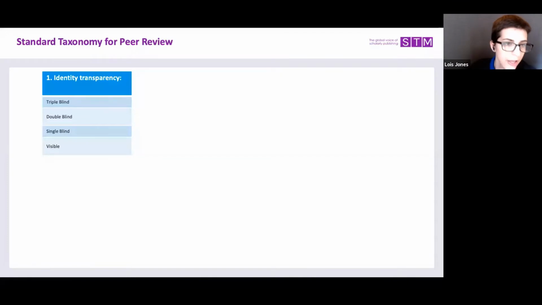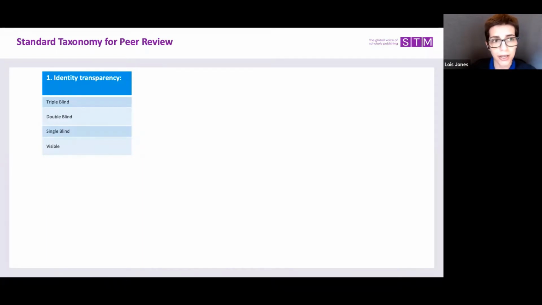Sure. So this is going to be probably the most familiar part to everyone. It's basically a list of the options for whose identity is known throughout the peer review process. So double blind and single blind, I think, are probably the most common. In single, the author doesn't know the reviewer identities, but the reviewers know who the authors are. In double, the reviewer and author identities are both unknown to each other.